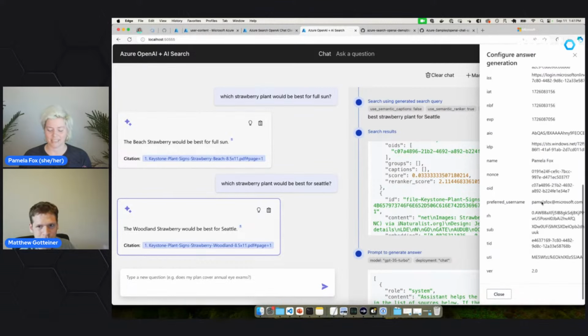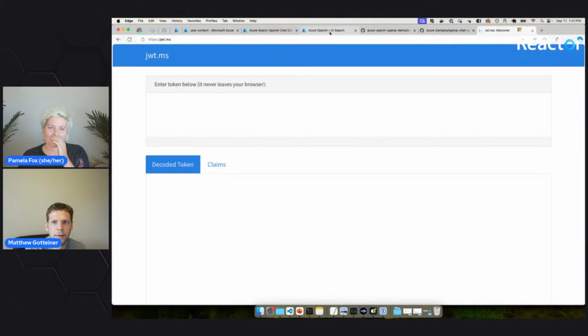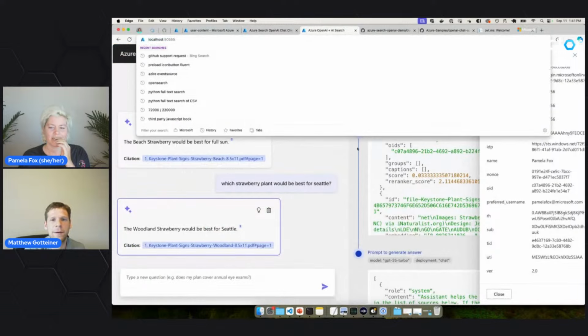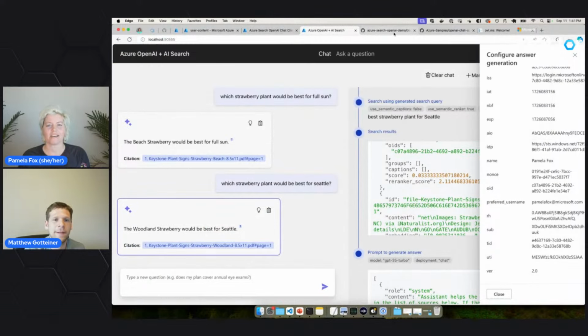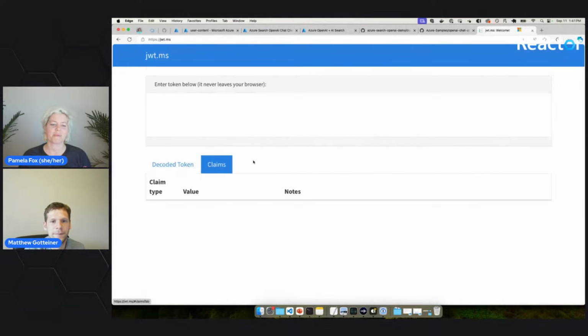Let's see, does this one give me my token? Oh no, it doesn't actually give me the token. Wait, what's the URL where I can just get a token? I forget. If this is the publicly deployed version, it's .auth/me. But if it's not, you just look at the claims. But yeah, I wanted to show the claims. If you go to jw.ms, do you have one set up where we could switch to you so you could show it? Because it's really cool, and it'll explicitly tell you which things you should mess with.